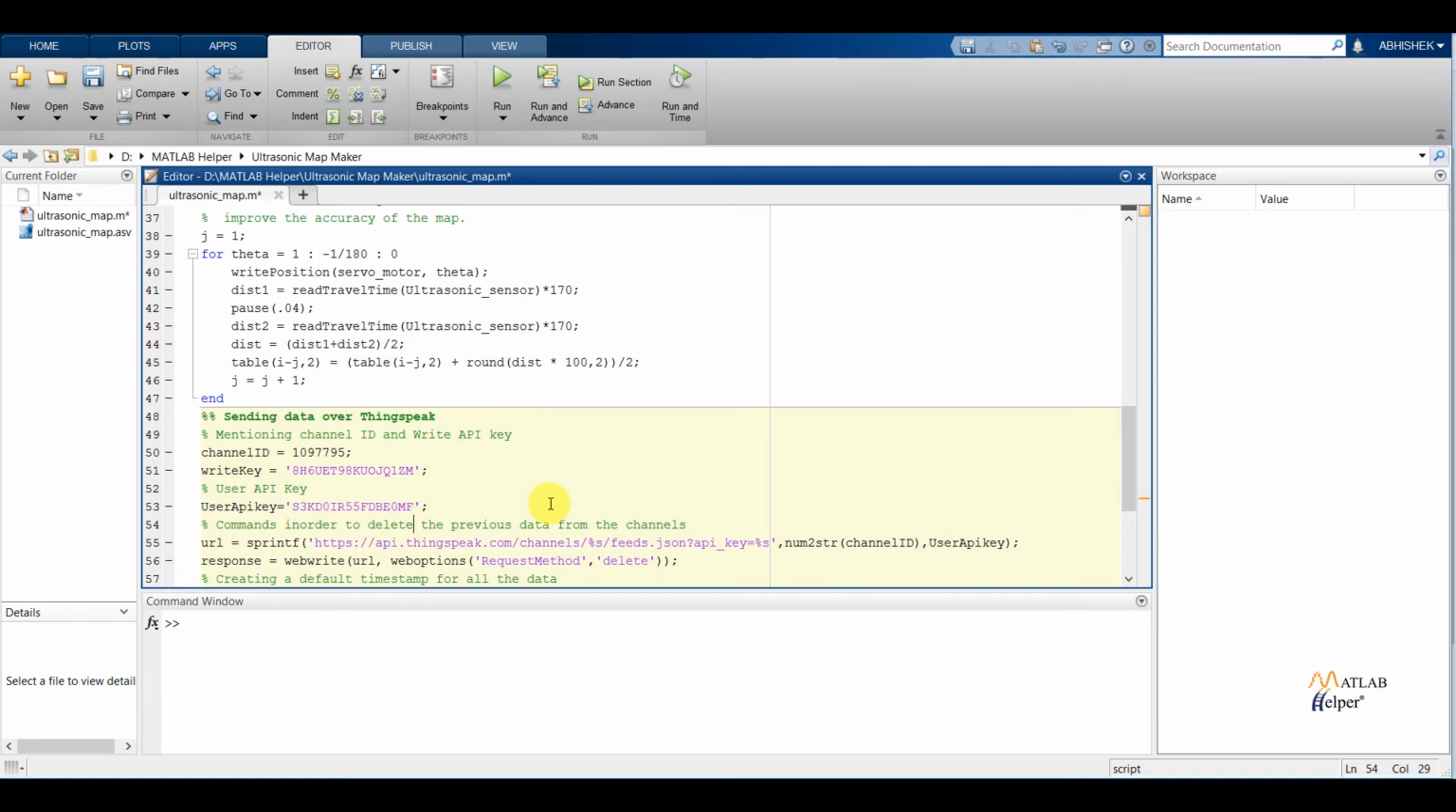So the use of the user API key is that whenever we are running our code, we have to delete the previous data. In order to delete the previous data from the channel, we will need a user API key. So this is the need of the user API key. But to write the data in the ThingSpeak channel, we will be using the write API key. So the use of the user API key is only to delete the data from the channel. So every time we run the code, we are deleting the data that we have previously stored